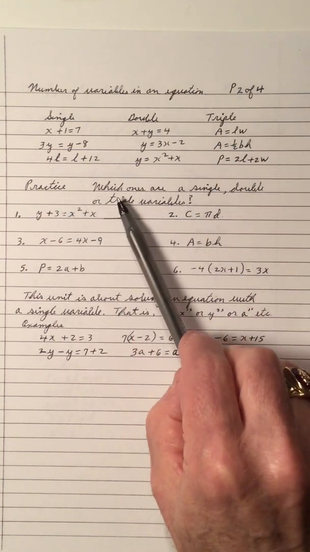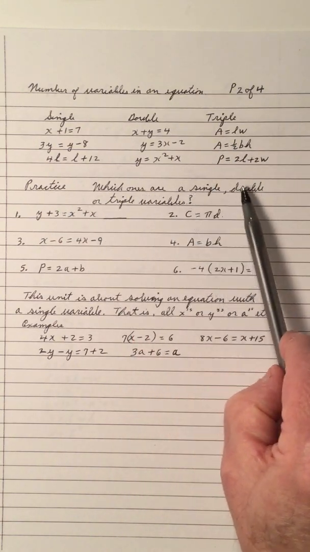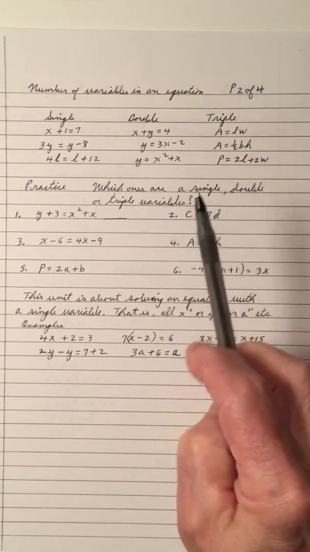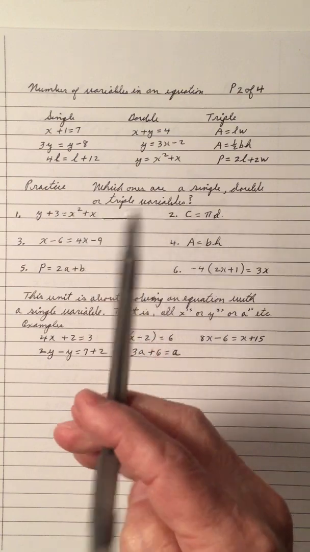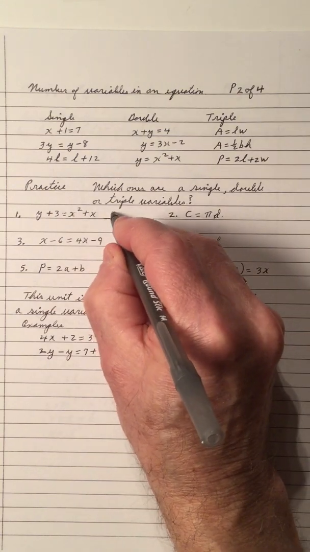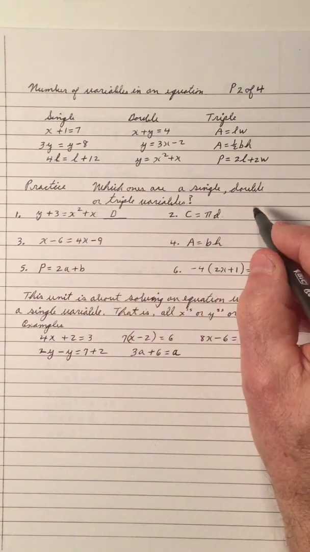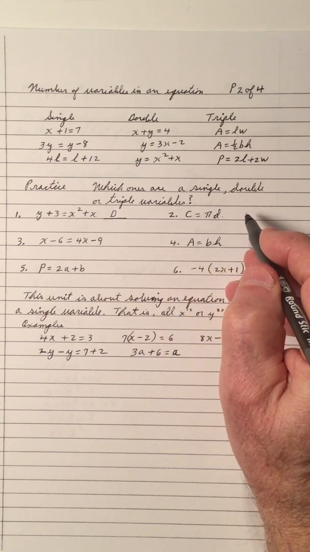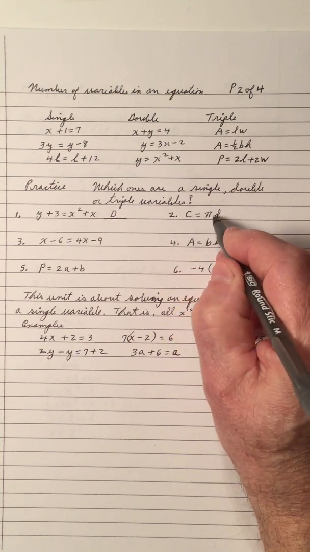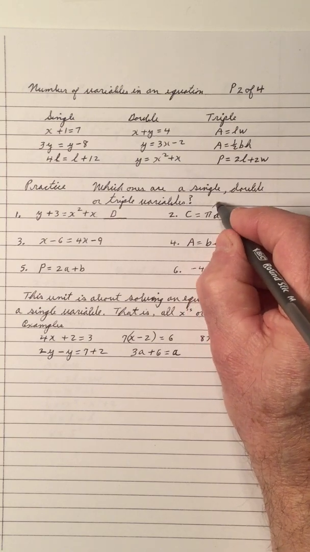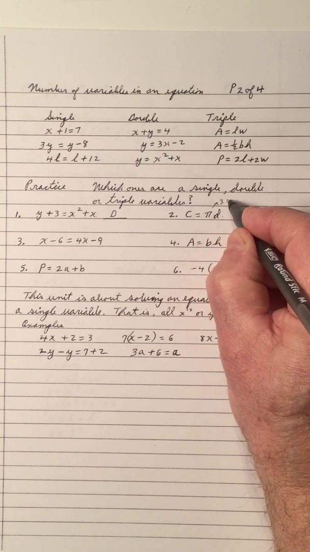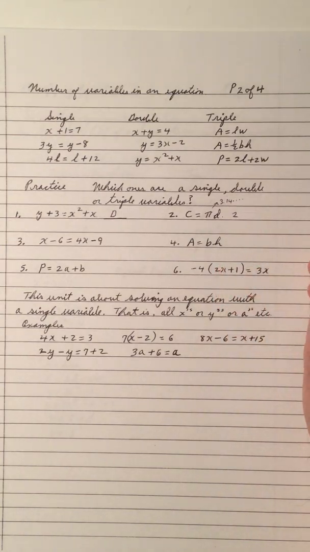In practice, which ones are single, double, and triple variable equations? So notice this one. You got a y and an x. So that's a double. I'm going to say D for double, or 2. Number 2, we have a C and a D, so that's a 2. Pi is a constant. Pi is a number, 3.14. So that's